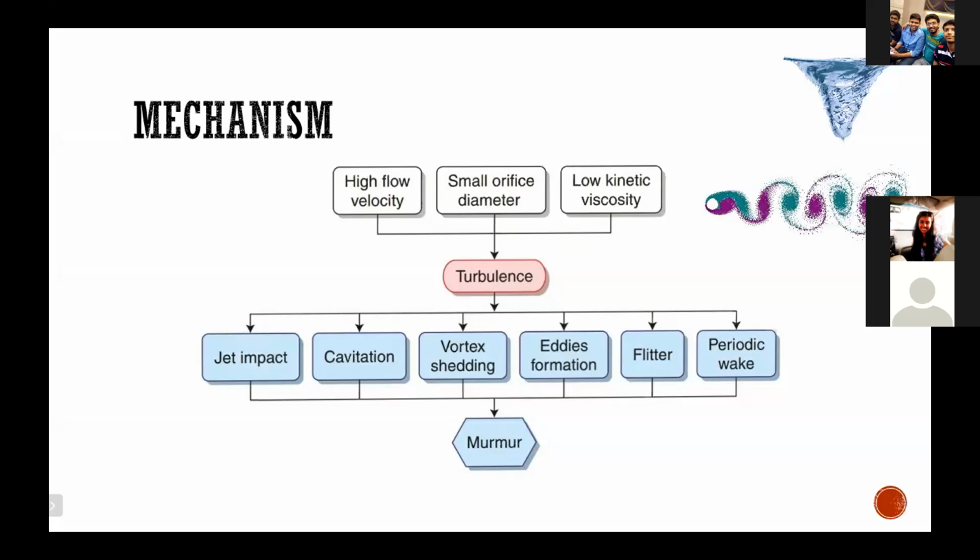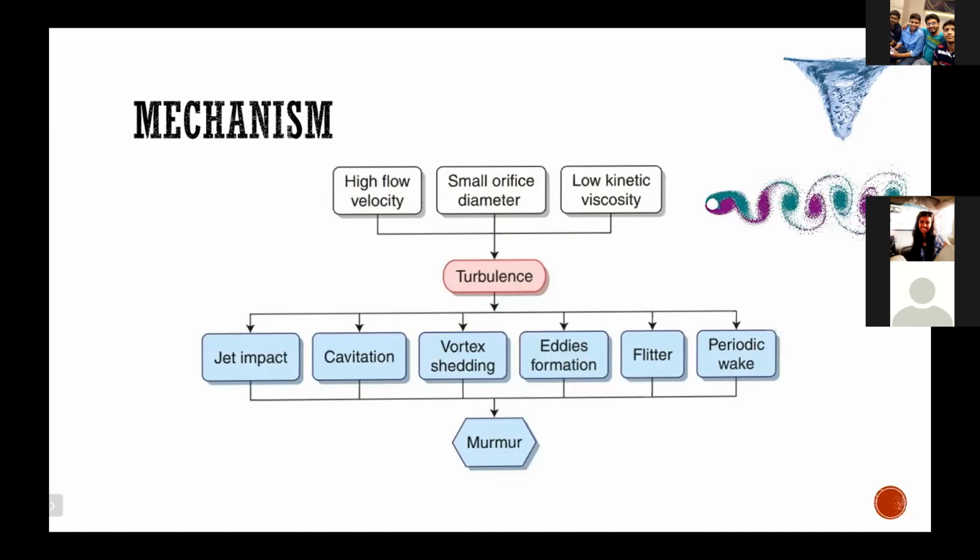The third concept is vortex shedding. A vortex is nothing but a whirlpool, as you can see in the top right corner. When blood flows through a narrowed orifice, this whirlpool or vortex is generated, and it gradually grows laterally. This will in turn hit the vessel wall, and that again will generate a murmur. Then eddy formation. Eddy currents are what happens when this turbulent blood flow causes eddy currents in the adjacent slow moving blood.